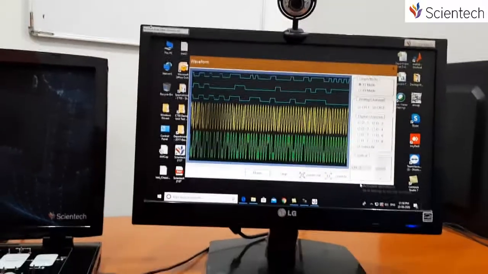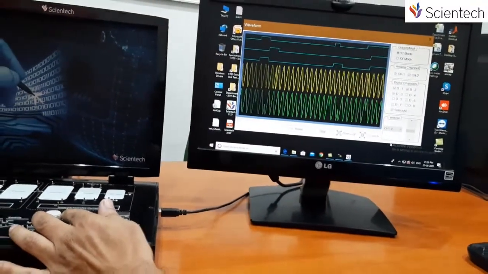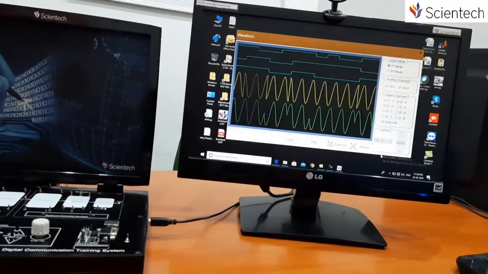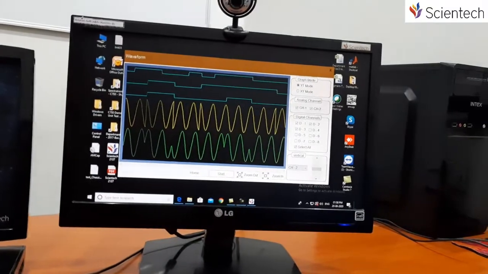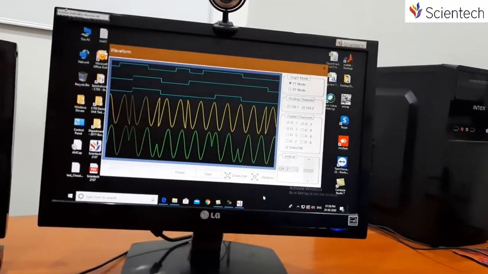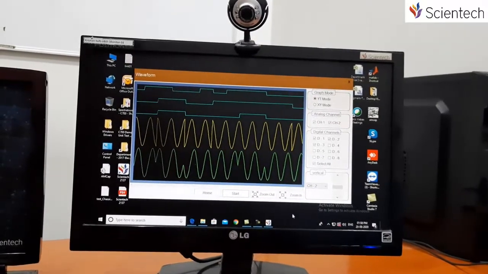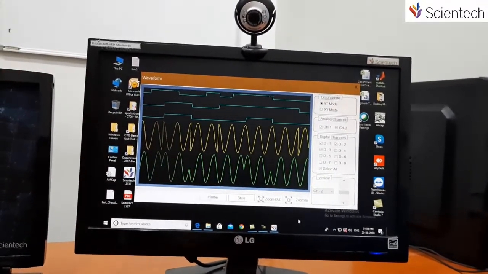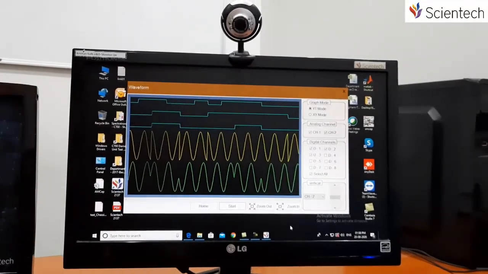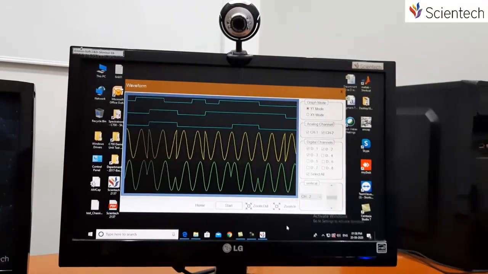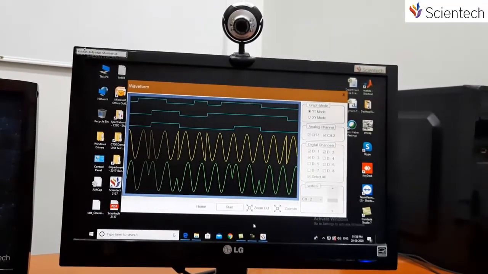the time per division again. Now you can just click on the run and stop button, and you can see that straight away one channel is getting modulated with the sine wave, which is like for 1 it is sine wave, and for 0 it is out of phase. And similarly for the Q channel, where we have the cosine wave with a 180-degree change. So when we linearly sum these signals, then finally we get the QPSK.